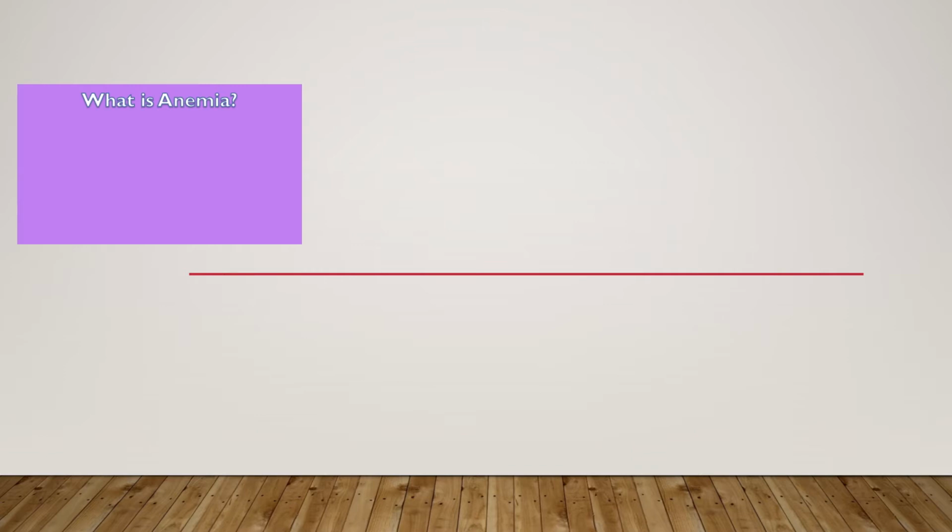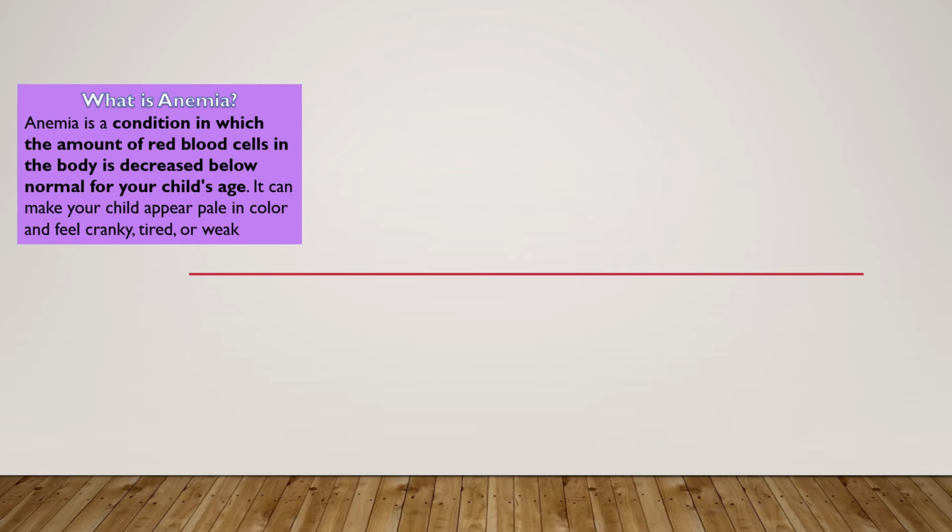So what is anemia? Anemia is a condition in which the amount of red blood cells in the body is decreased below normal for your child's age. It can make your child appear pale in color and feel cranky, tired, or weak. So you see, students, they're supposed to be careful about anemia. So by the end of today, when you finish anemia, you will be able to know what to do so that you don't get this disease. Okay,